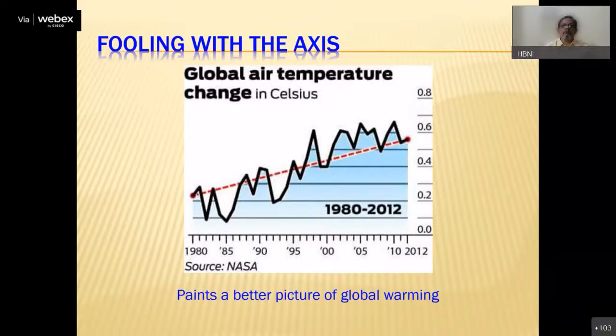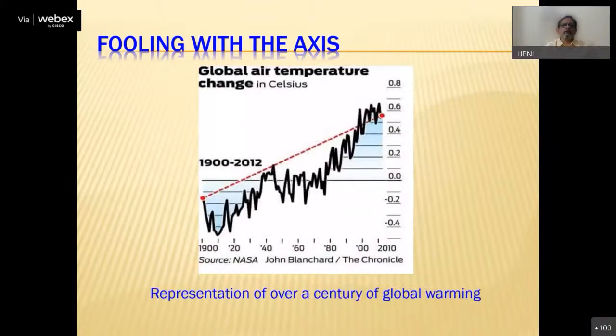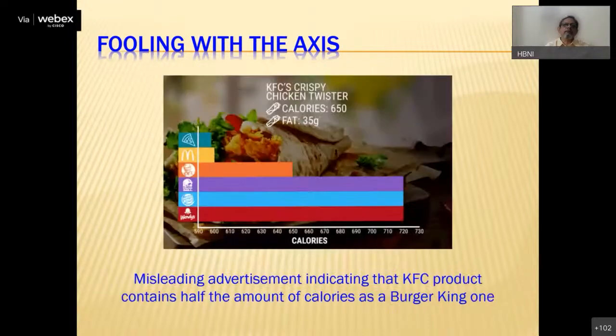In reality, if you really want to see how the global warming is taking place, you actually look at the data right from 1900, and this really shows you a true picture of how global warming is occurring. So you just have to fool with the axis and then show data in a totally different way. Okay. And there is another very popular